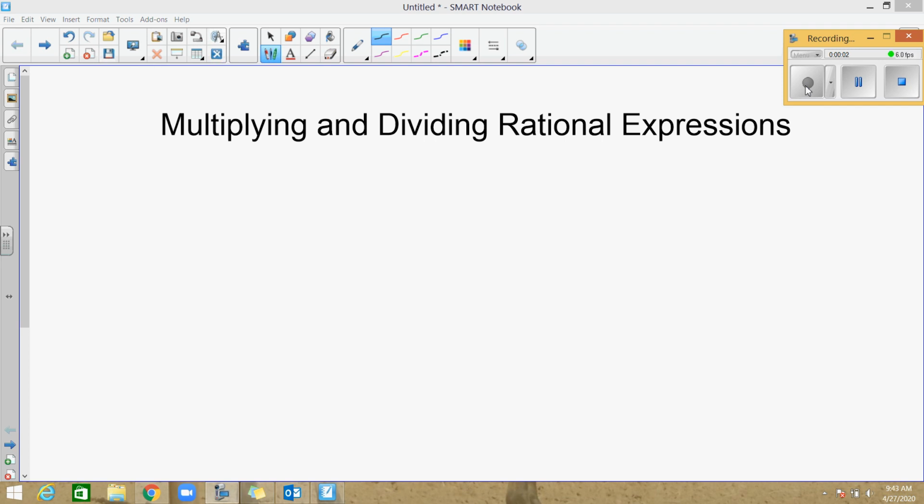Now we got to go back a ways. Multiplying and dividing rational expressions. Basically, all we're doing is rational expressions are fractions. Rational means a fraction. Expressions means we have letters in them. All right. But if we go way back, multiplying and dividing fractions, we've done before, and it was the easiest